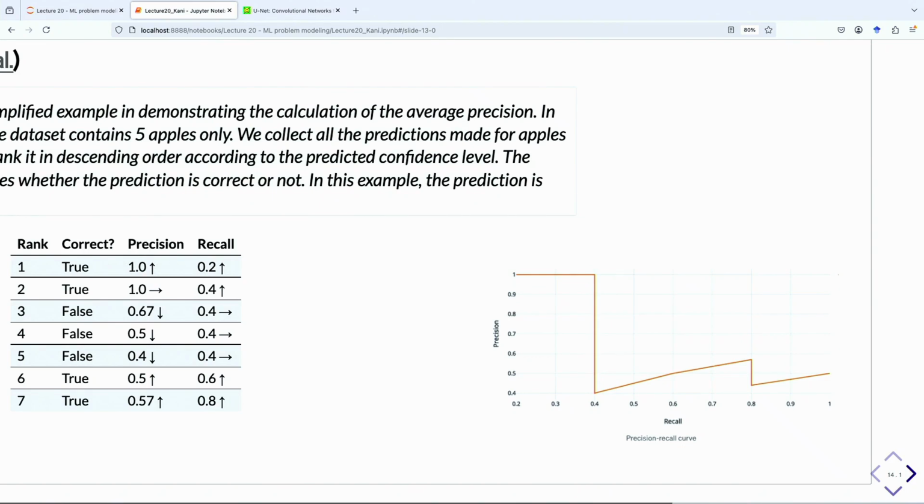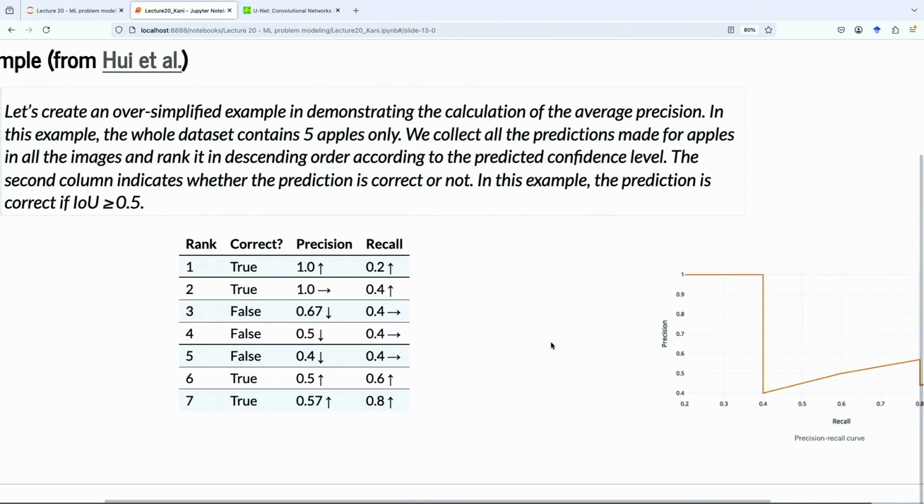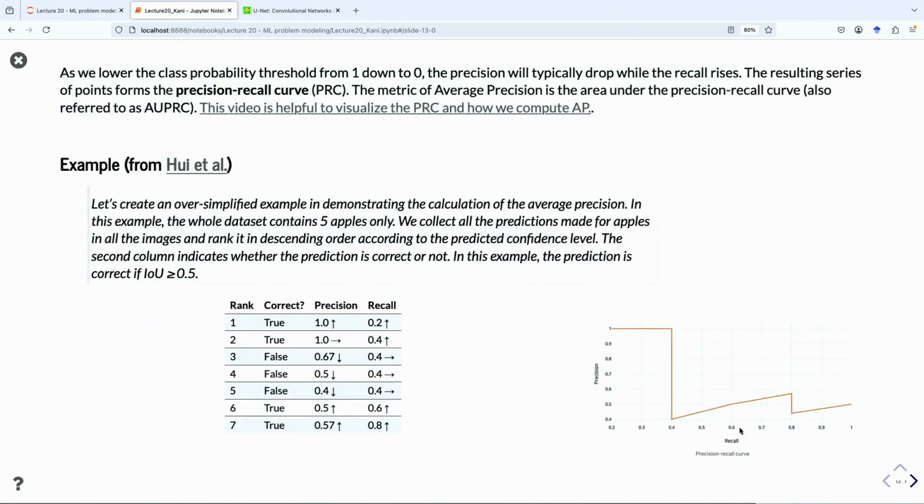The general trend is the lower the recall, the higher the precision. That makes sense. And so the metric that most people use is called mean average precision. The mean average precision is simply the area under this curve.